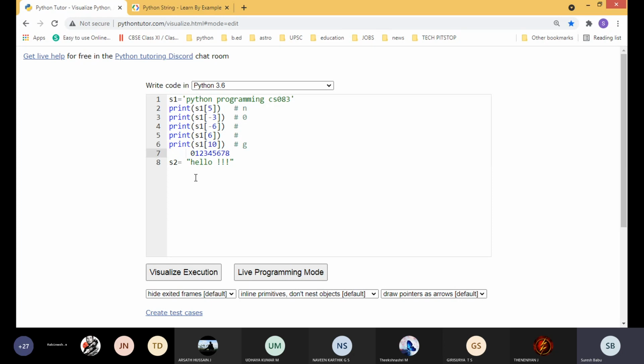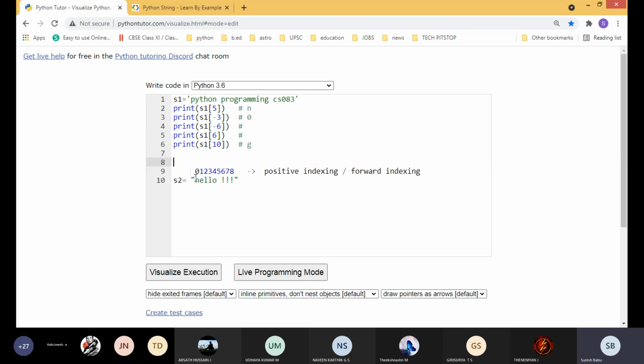This is called positive indexing or forward indexing. Kindly note down, students. Whenever you are explaining in the exam or in the class, every time you have to explain with an example. Very easy.